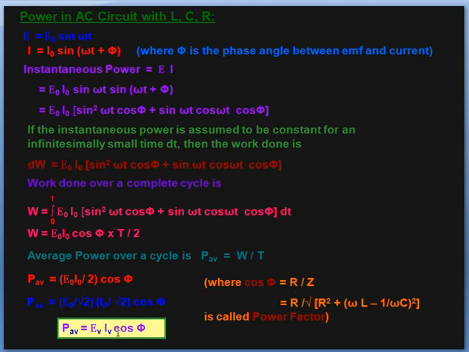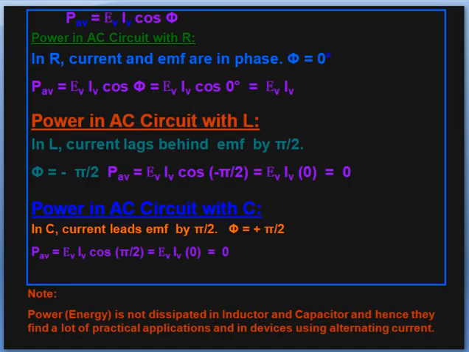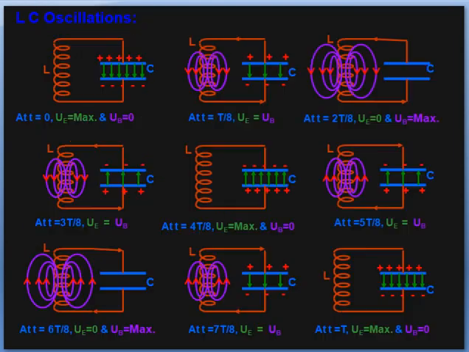There are some conditions where cos of phi equals R upon Z, where R is equal to Z. Z is root of R square plus omega L minus 1 upon omega C whole square. This is called quality factor. Actually it is not in your syllabus. This quality factor is not power factor; quality factor and these are all not in your syllabus. This has been sent to the deleted portion, but you must be familiar. So in this way P average equals V RMS I RMS cos of phi. There are some conditions that you are supposed to memorize.